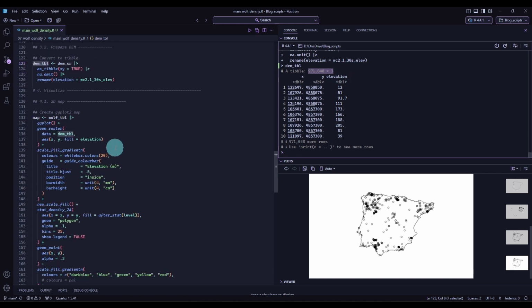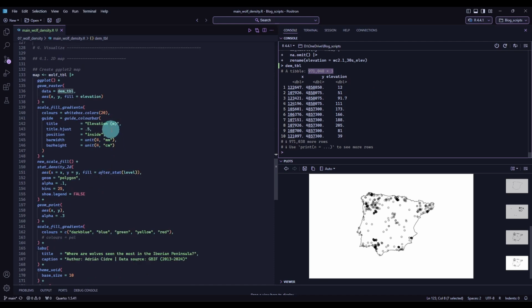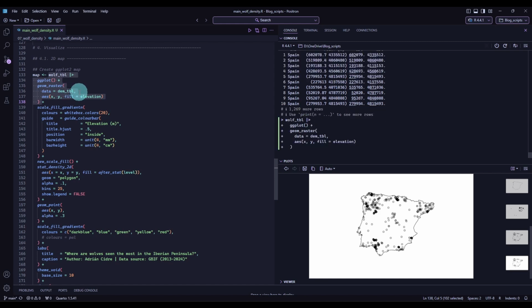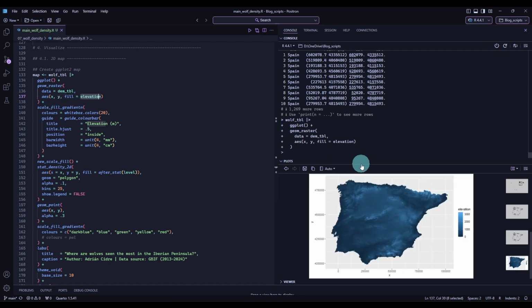So now we go to the last part of the code, which is creating the visualization. And here I'm starting with the wolf table, which is this one right here. And first I'm adding a geom_raster where I add this digital elevation model, and I specify three aesthetics: the x coordinate, the y coordinate, and the elevation. And this looks like this, but in the next piece of code, what I'm doing is to change the style